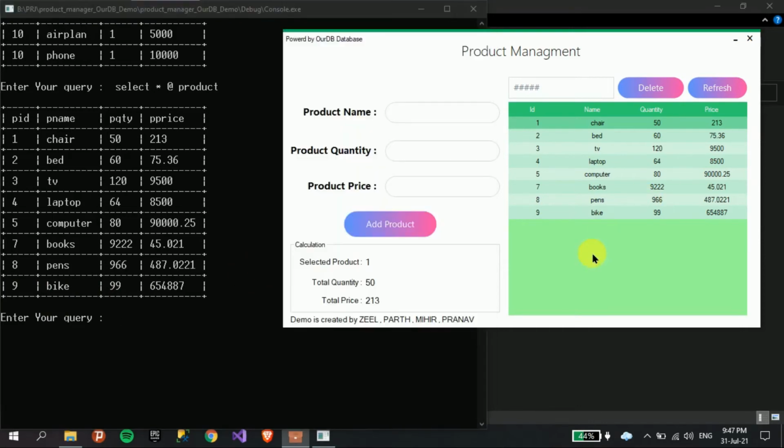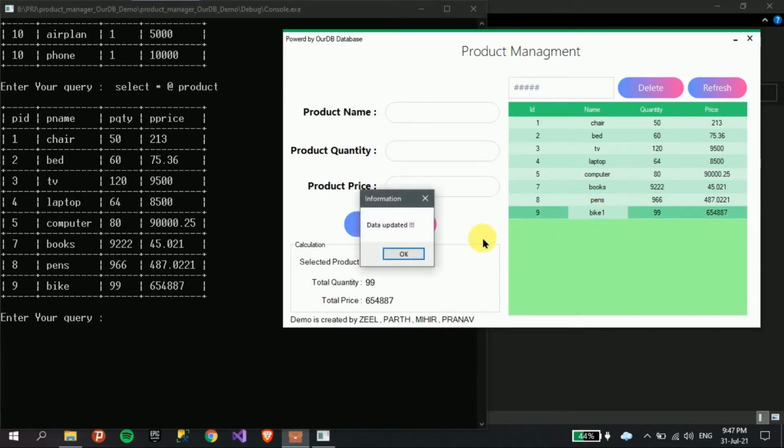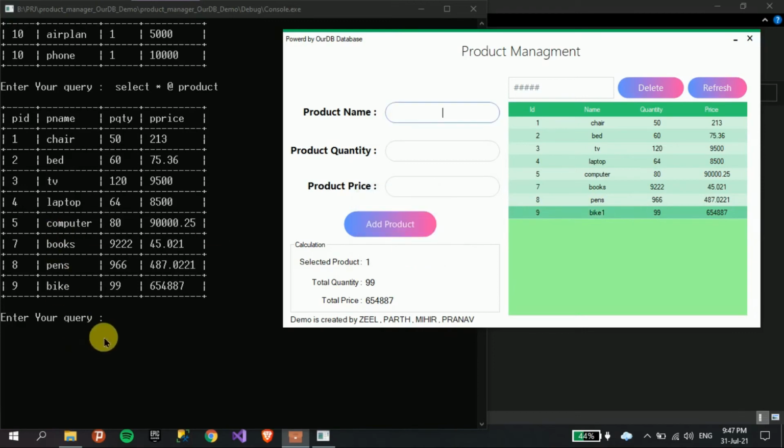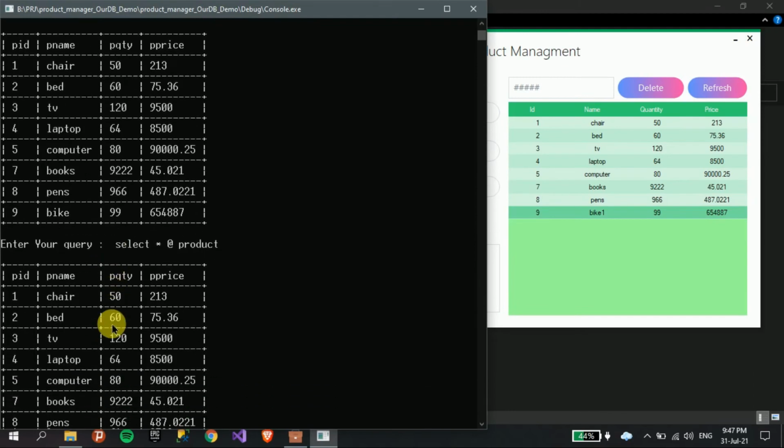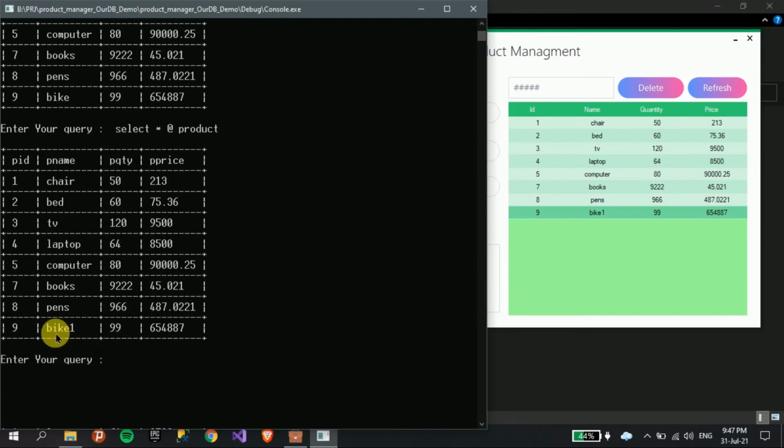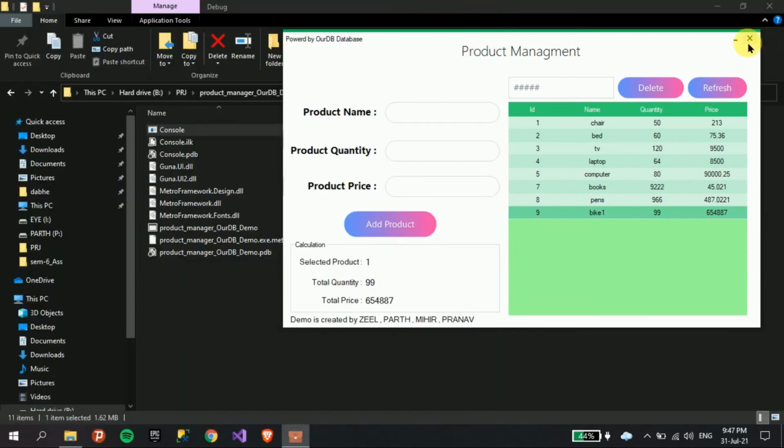Now whenever we try to update any data, bike one, let me see, and just click elsewhere, so the data is updated. Now here the data will also be updated. As you can see, this is how our application connects with the database, our DB database.